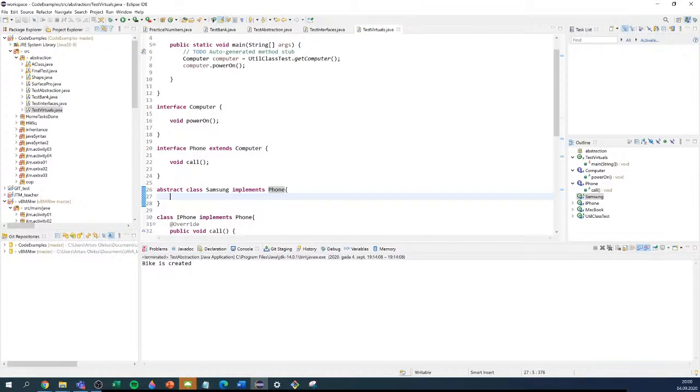In this case we have two methods, power on and call. Both of them will be considered as abstract methods, right? By default these methods are considered abstract,